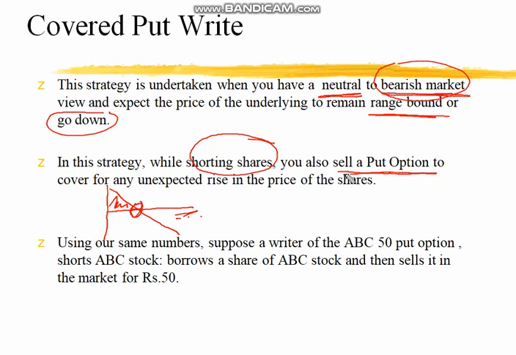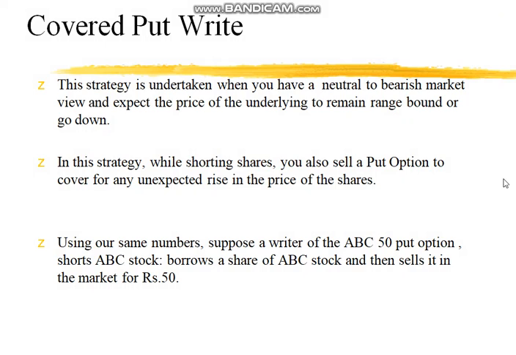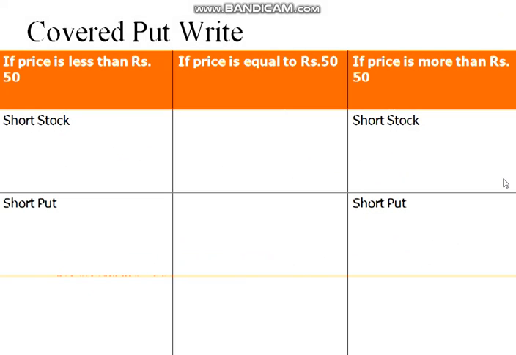So let us take an example that there is a writer of a put option at an exercise price of rupees 50 for ABC stock. ABC is the underlying asset, right? So he clubs this position along with a short position on ABC stock, right? Now let us see what happens if the market price is equal to rupees 50, greater than rupees 50, or less than rupees 50. If the price in the market is less than rupees 50, so let us assume the price is say rupees 45,